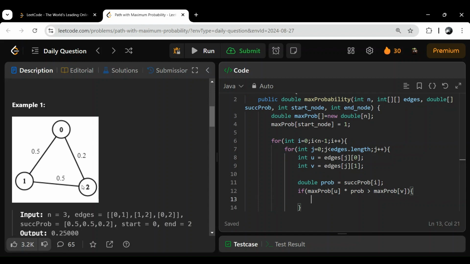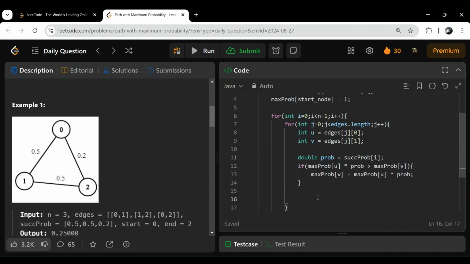It has its own probability of coming from 0 to 2. Initially it will be anyway 0. But every time we are updating, so if its actual probability is less than coming from here, we will update it: max prob of v is equal to max prob of u into probability. Okay, now we are updating this. Now we also have to check the reverse way. So if we copy the same,